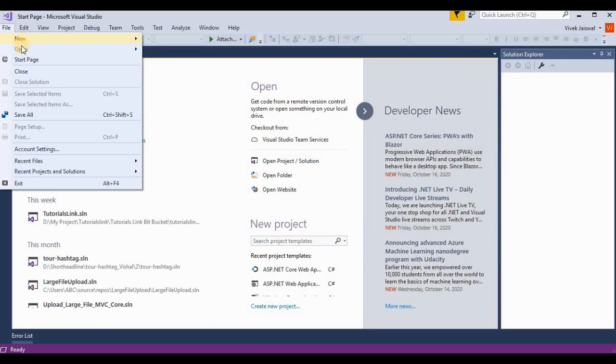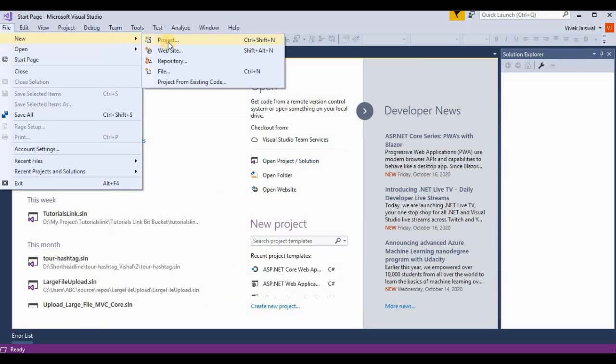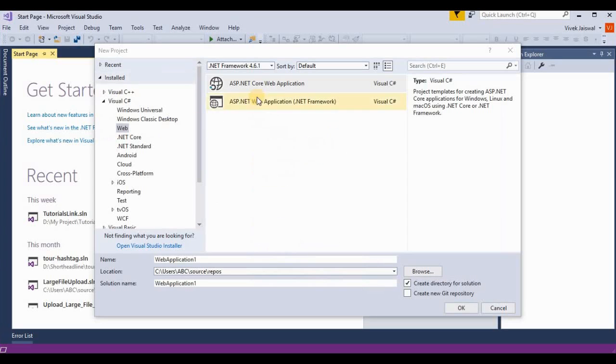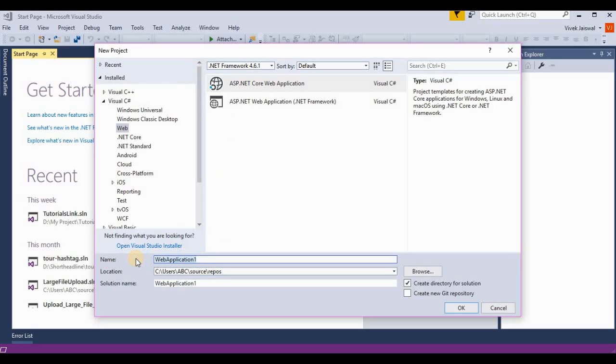and here we create a new project and choose a template as ASP.NET Core MVC. It's ASP.NET Core, and here we write a name: export PDF core,